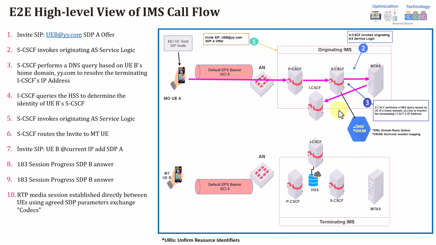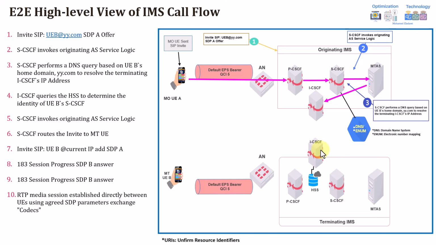Then the S-CSCF, once it has got the IP addresses, will forward the same invite to the I-CSCF, the interrogating CSCF for the originating network, asking it to please start finding this terminating IMS, especially the serving S-CSCF for the terminating users. If you remember, one of the functions we mentioned in the previous session